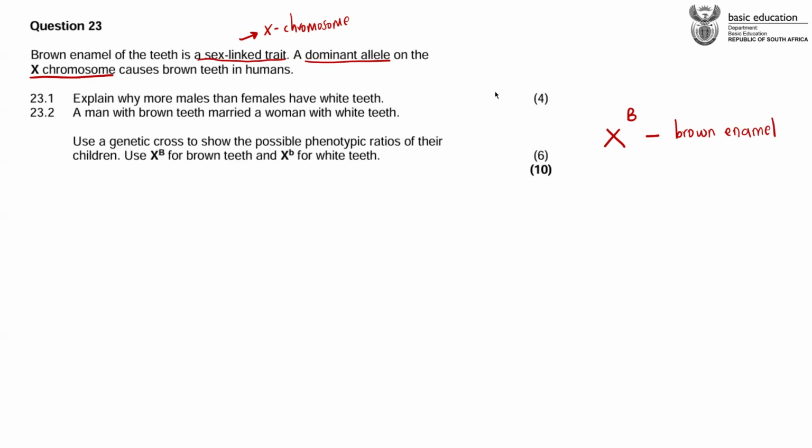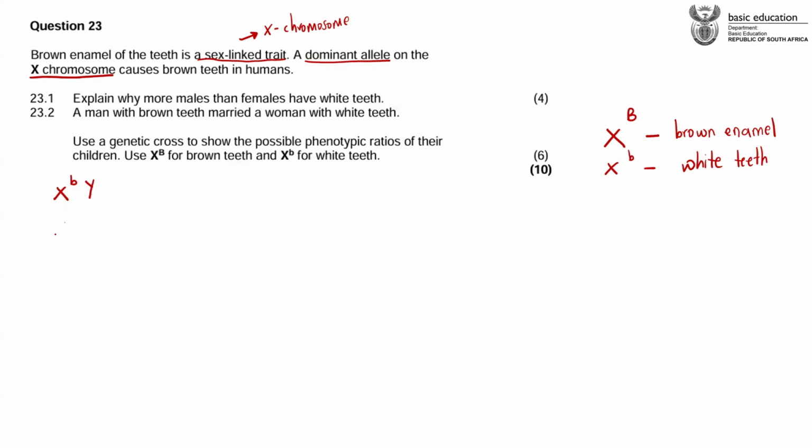So when you're talking about brown enamel, it's brown teeth, guys. So males have a bigger possibility of having white teeth than females because males only need to have X with a small letter b. And your X with a small letter b is the opposite of brown teeth, so it must be white teeth, right? If the dominant one is brown and it's a capital letter B, then the recessive one must be white with a small letter b. We've got brown teeth, white teeth. So basically, a male only needs this X with a small letter b and the Y chromosome. And boom, they've got white teeth.